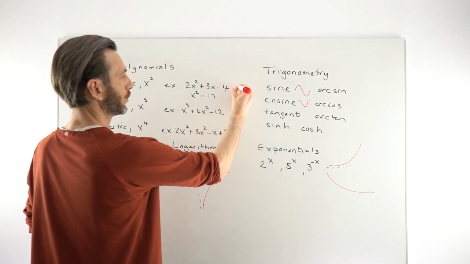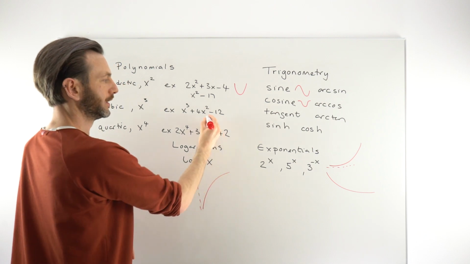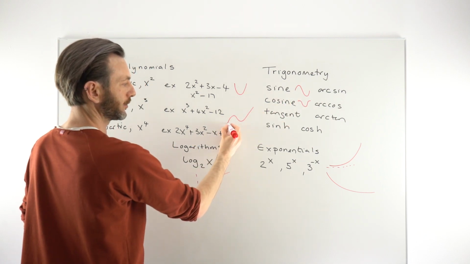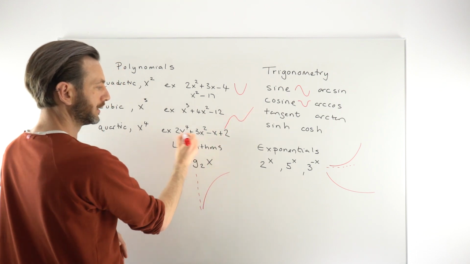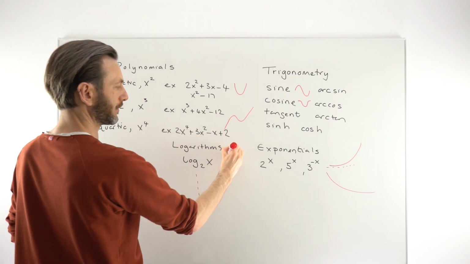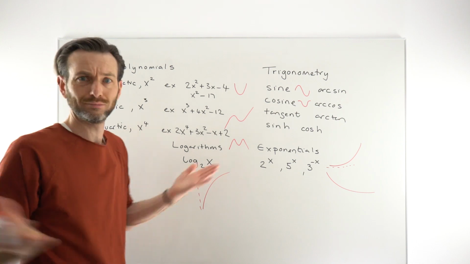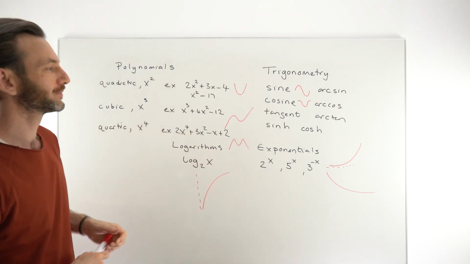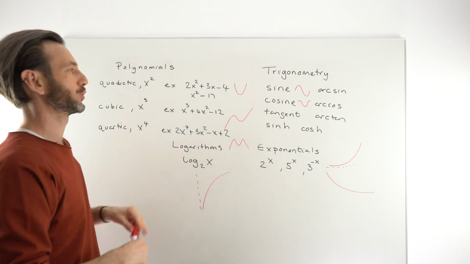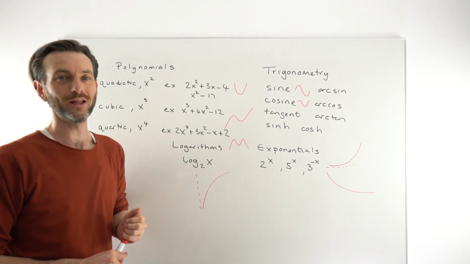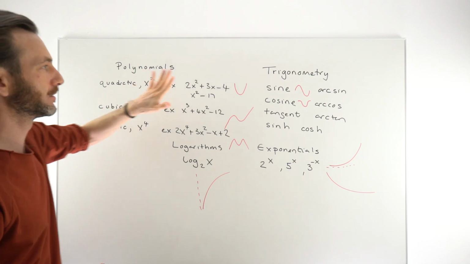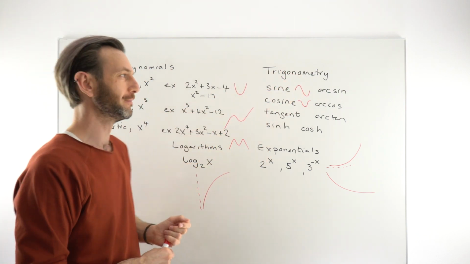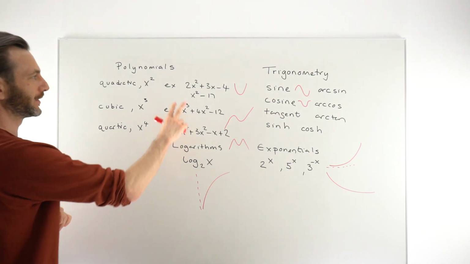This guy here, a quadratic, makes a U-shaped graph. This guy, the cubic, makes a graph that looks a little bit like that, but it carries on up and down the way forever. This guy here can make a variety of graphs. Quite often they look something like that. It just goes on and on forever. So there's all of that to learn in the future about these different function types. But all I've tried to do in this class is to give you an overview of some of these big families of functions. There's a whole bunch of others out there, but just remember that regardless of whether it's a